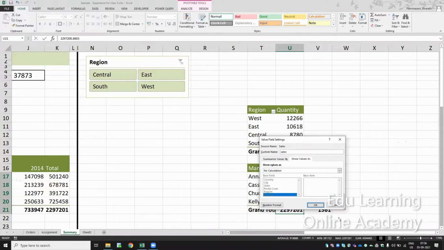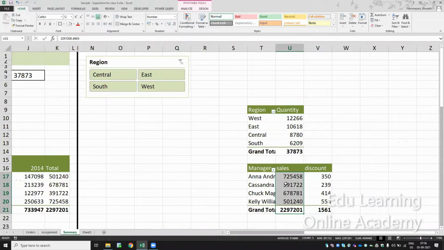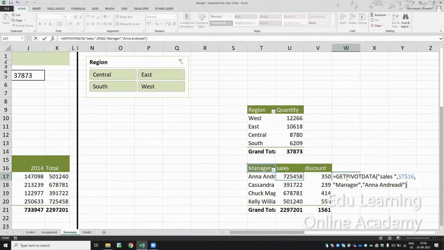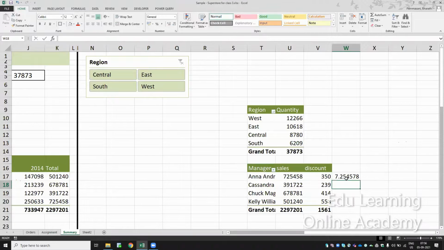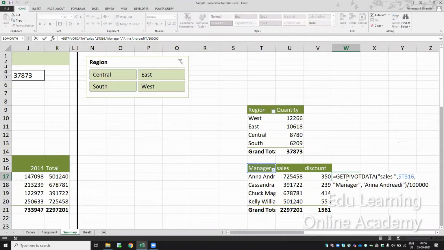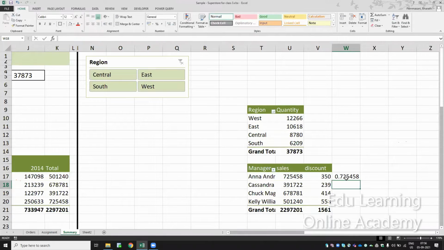I don't have the format. So what I can do is I can convert this. Suppose I have the value of this one, I can convert this value by 1 2 3 4 5, where I'll get 7.25. If I give one more zero, millions, 0.72 million, I can convert like this. So I can convert like this and I can draw a graph. So for now this graph is fine.